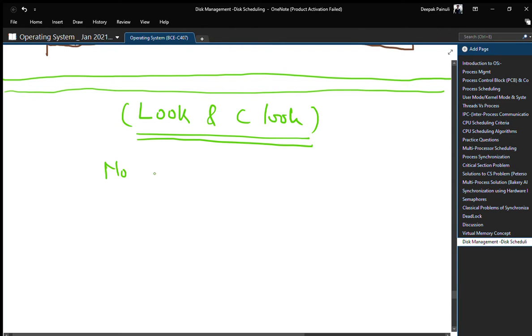That means the difference between LOOK and SCAN is that there is no need to go to the disk boundaries. As we saw earlier, the boundaries were 0 and 150, right? So we did not touch these boundaries at the time of scanning. So it is simply LOOK. We will look for only the requested disk, not the whole. We will not scan the whole disk in one round, right? So this is the difference. So